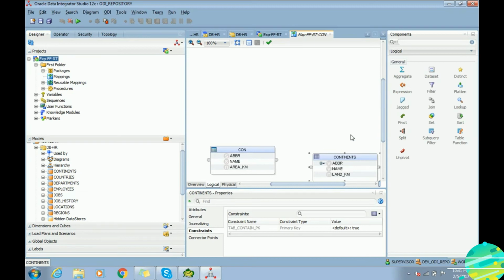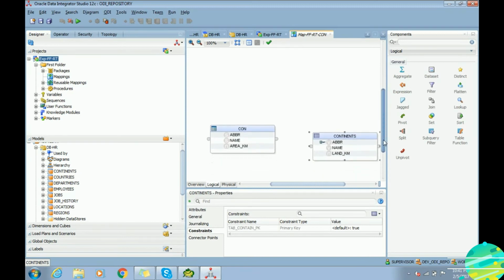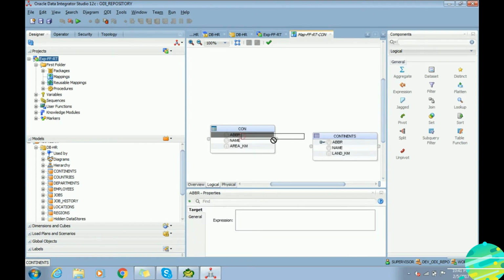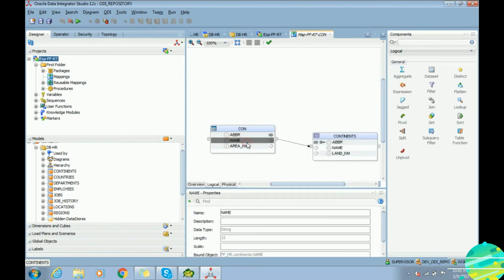That's it. After that we can map field by field. That is also very easy. Click on the source field and drag that field to the target field, the field where you want to map it.